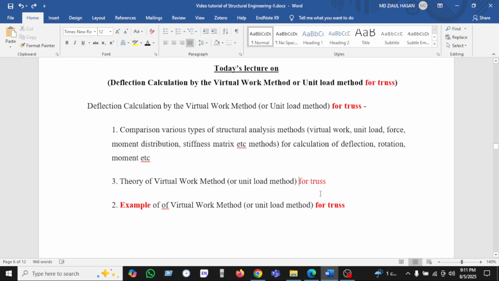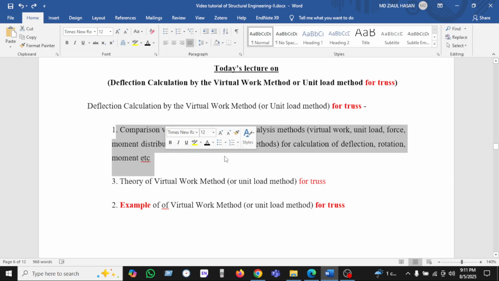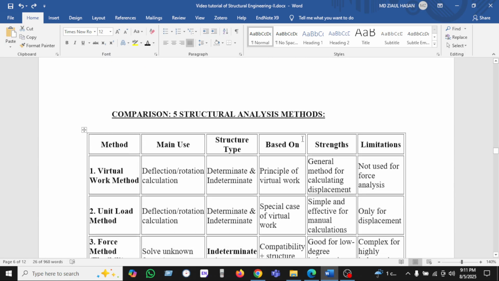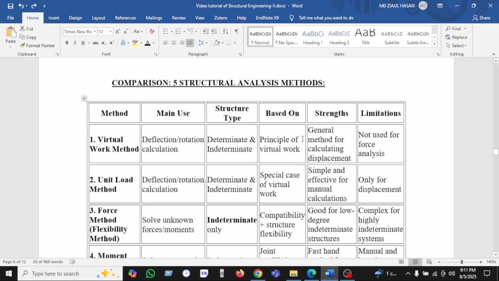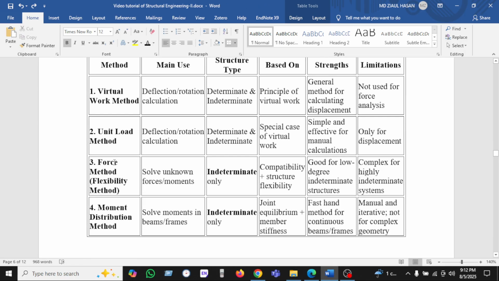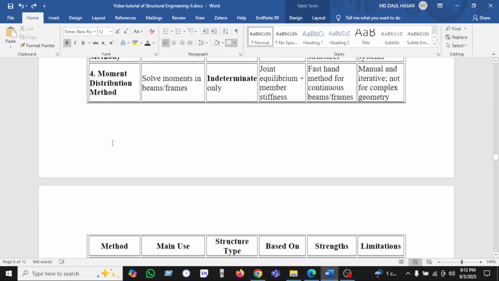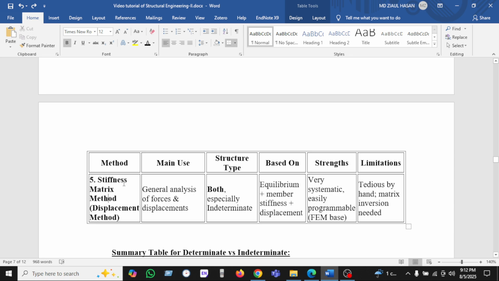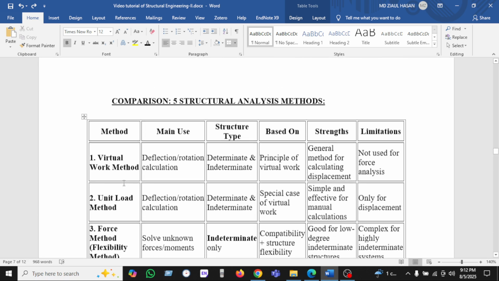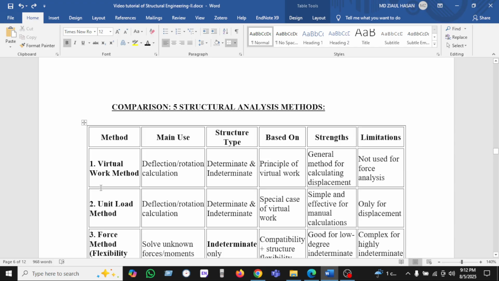So let's begin. Comparison of various types of structural analysis methods. We can see here there are 5 structural analysis methods. Method 1 is the virtual work method, method 2 is the unit load method, method 3 is the force or flexibility method, method 4 is the moment distribution method, and the last one is the stiffness matrix or displacement method. So the virtual work method is mainly used for deflection,